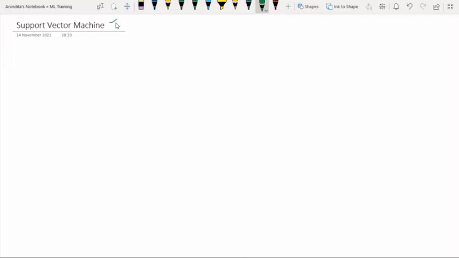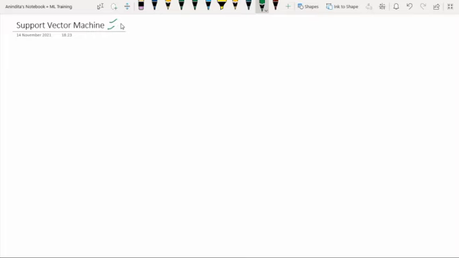Because it has a kernel trick to handle non-linear input spaces, right? It is used in a variety of applications that we discussed yesterday, that is face detection, intrusion detection, or classification of emails.